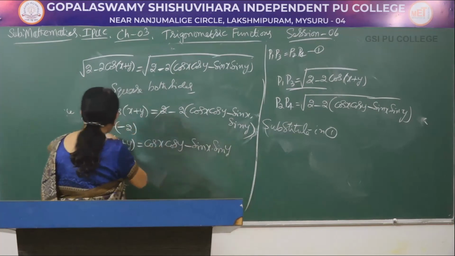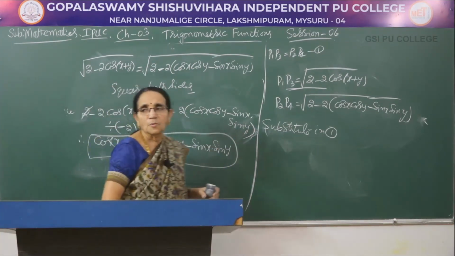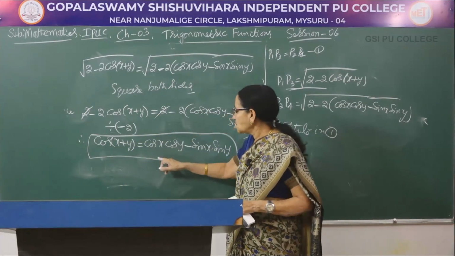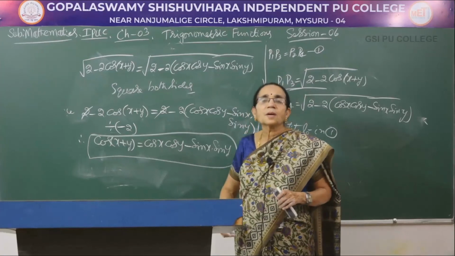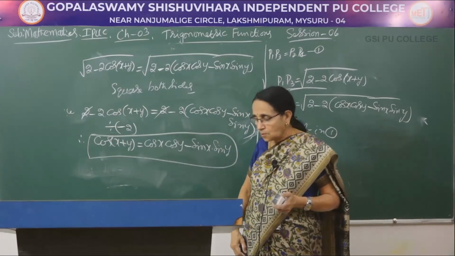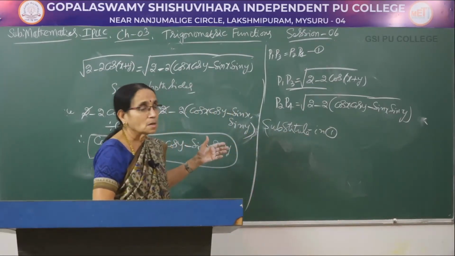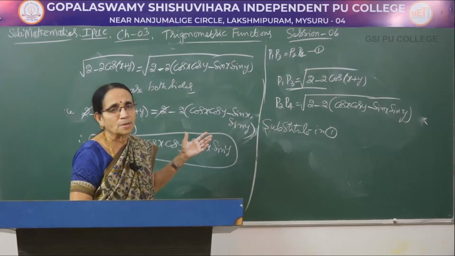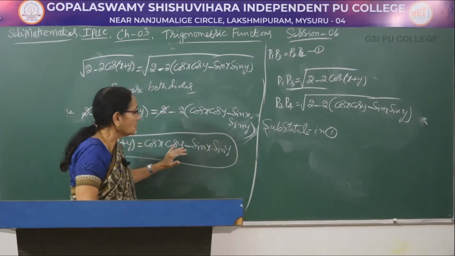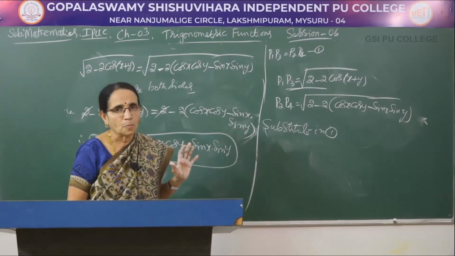Hence, we get the formula here. So, this is the formula we required: cos of x plus y equals cos x cos y minus sin x into sin y. So, this is the derivation. With the help of this particular derivation, we can arrive at the values of all the other compound angles like cos of x minus y, sin, etc. It is a very important derivation, so go through it properly.